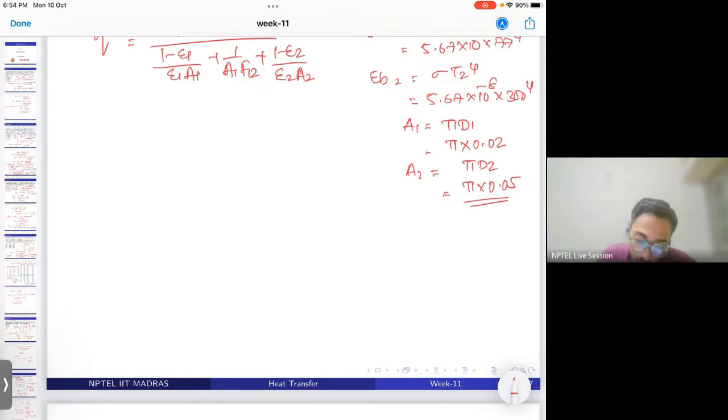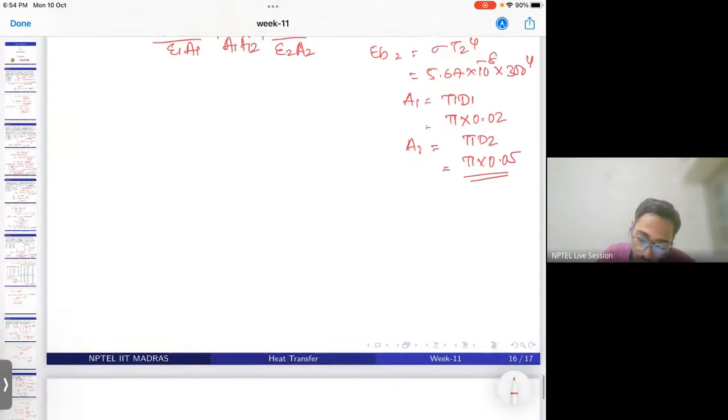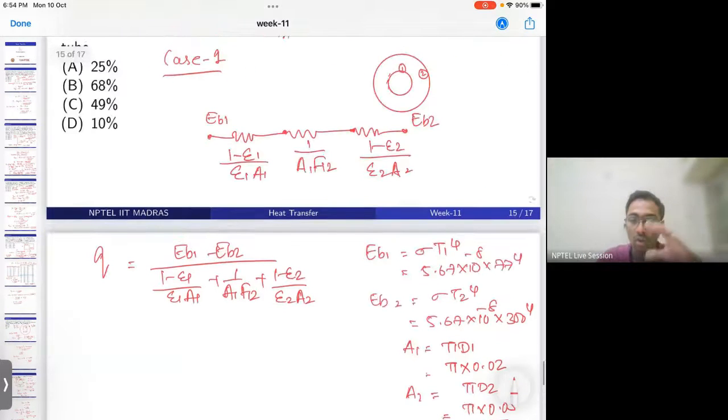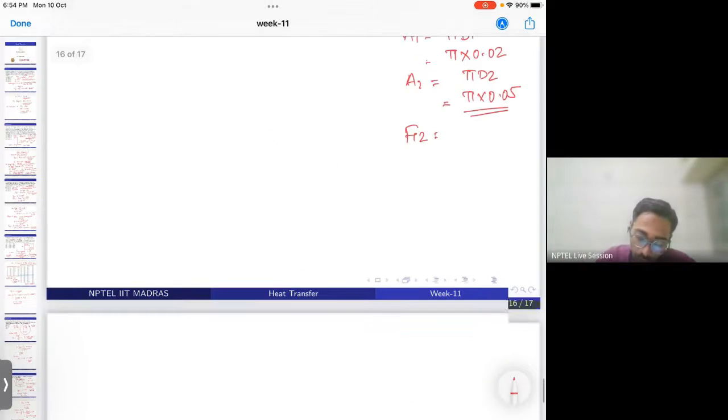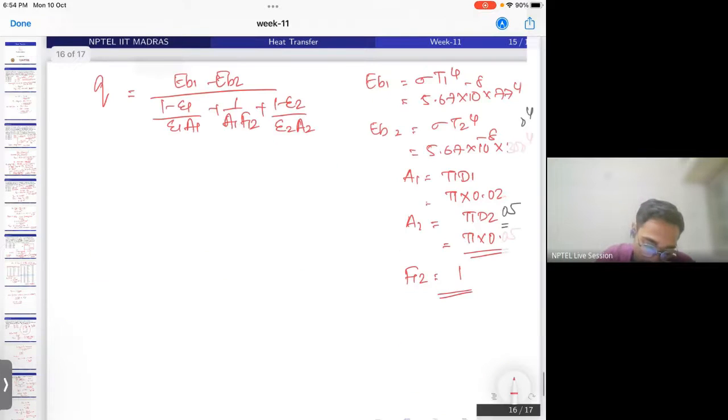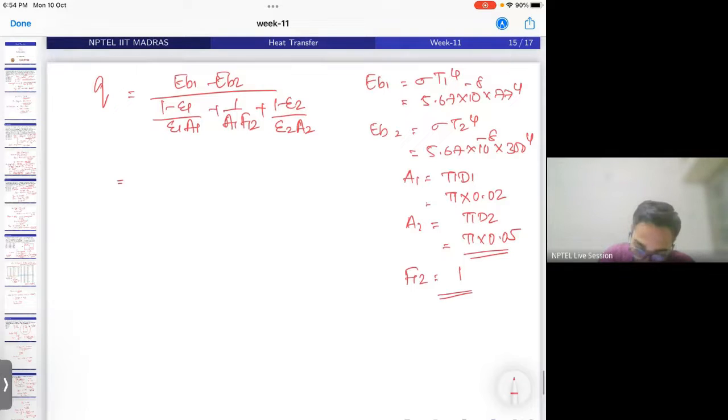So if you substitute all these values, and also F12, that is, our inner tube, whatever radiation it is emitting, it will entirely go to the outer tube. None of it will come back to the inner tube itself. So F12 will be equal to 1. So if I substitute these values,